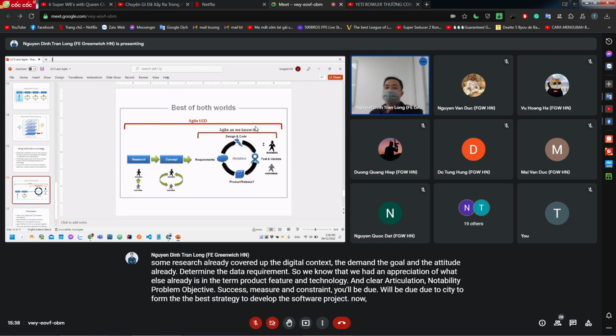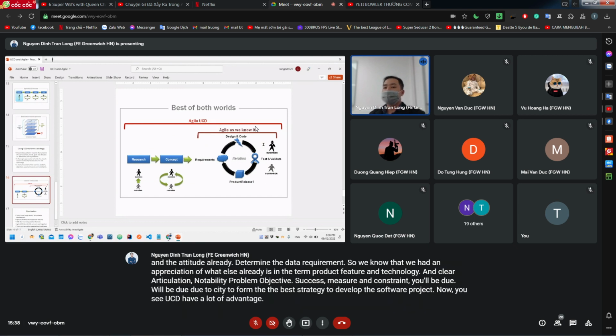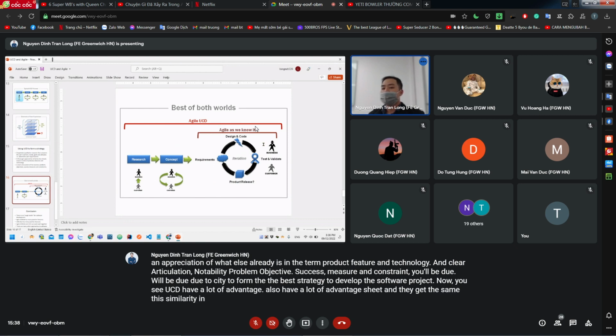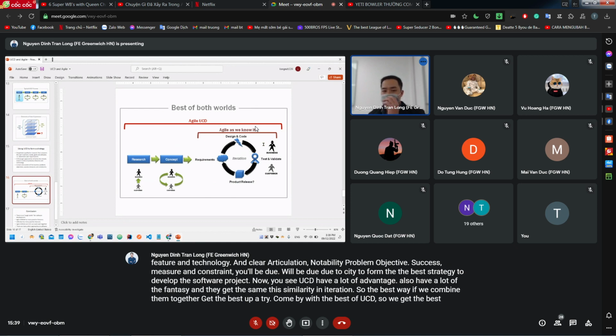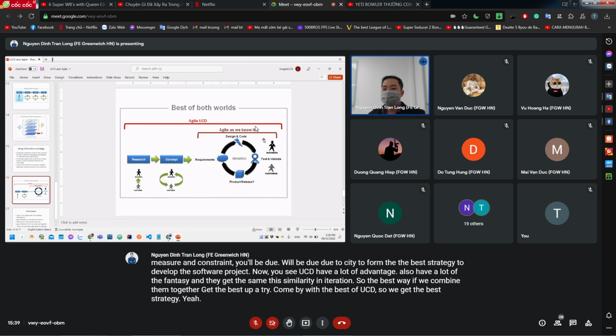Now, you see, GCD has a lot of advantages. Agile also has a lot of advantages, and they have similarity in iteration. So the best way is to combine them together. Get the best of Agile combined with the best of GCD. So we get the best strategy. Yeah. On the right side,